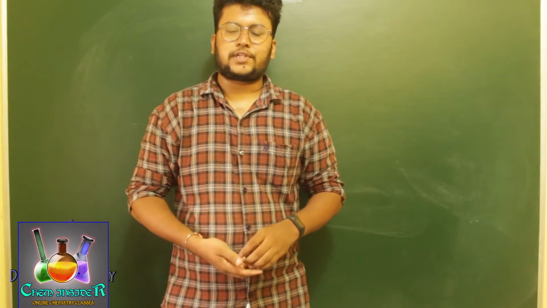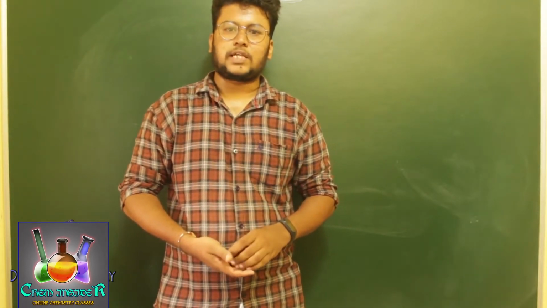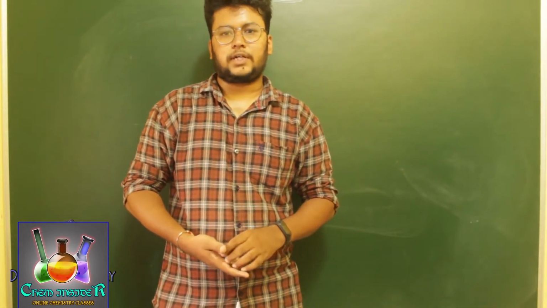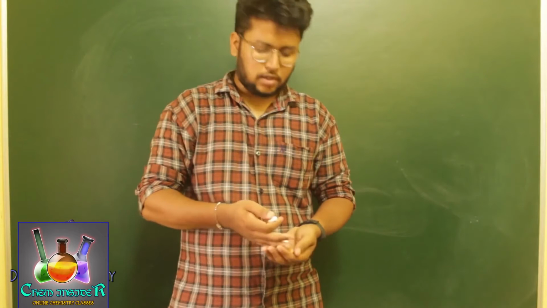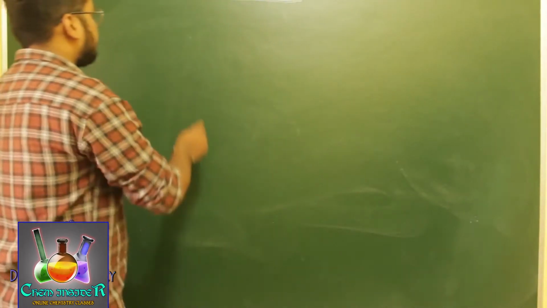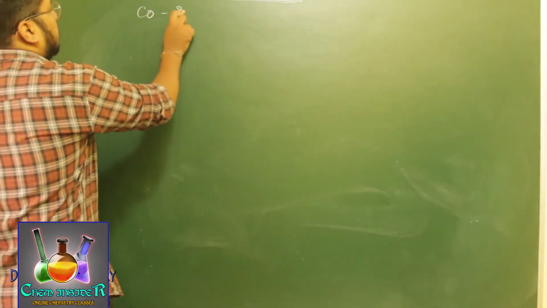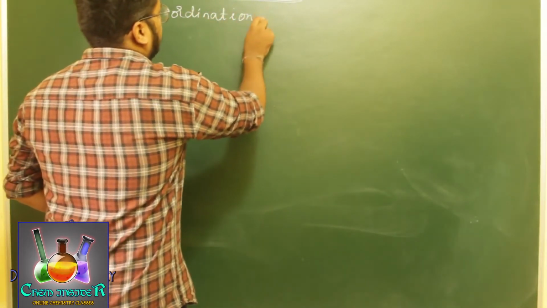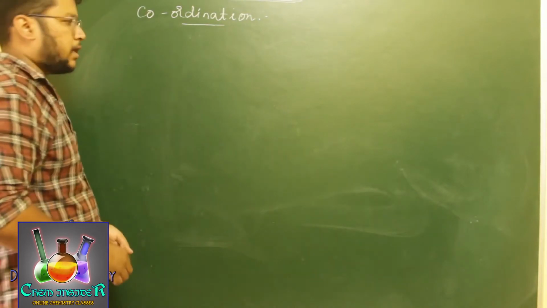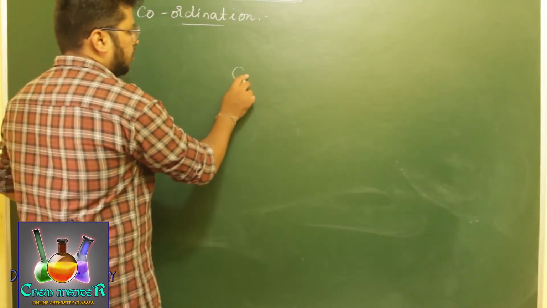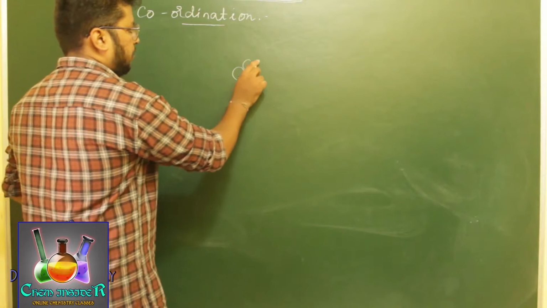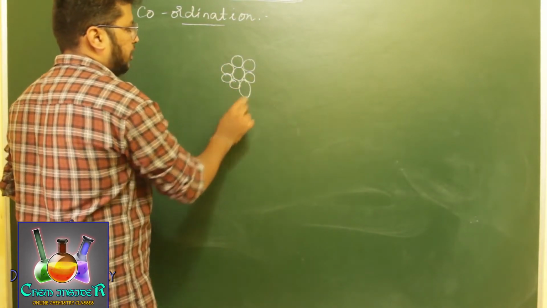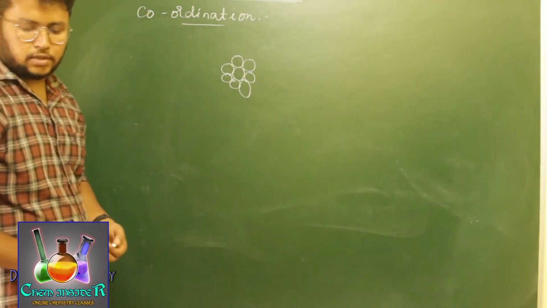So in this class we are going to discuss a topic from the first chapter of class 12. That is coordination number or packing arrangement of an atom in a unit cell. The coordination number means the number of atoms surrounding an atom in a given unit cell. If you consider a particle of a solid state, we say a particle is surrounded by one or more different particles in a closed manner with a strong interparticular force of attraction.